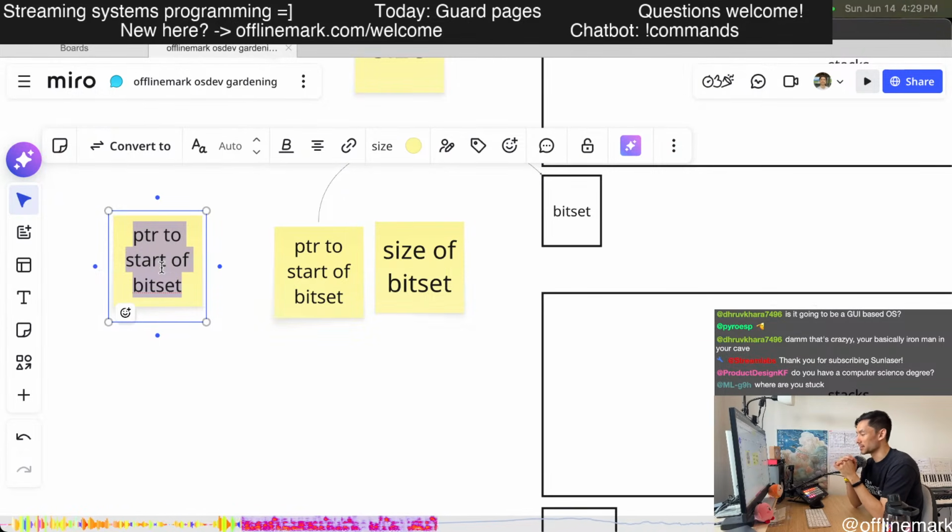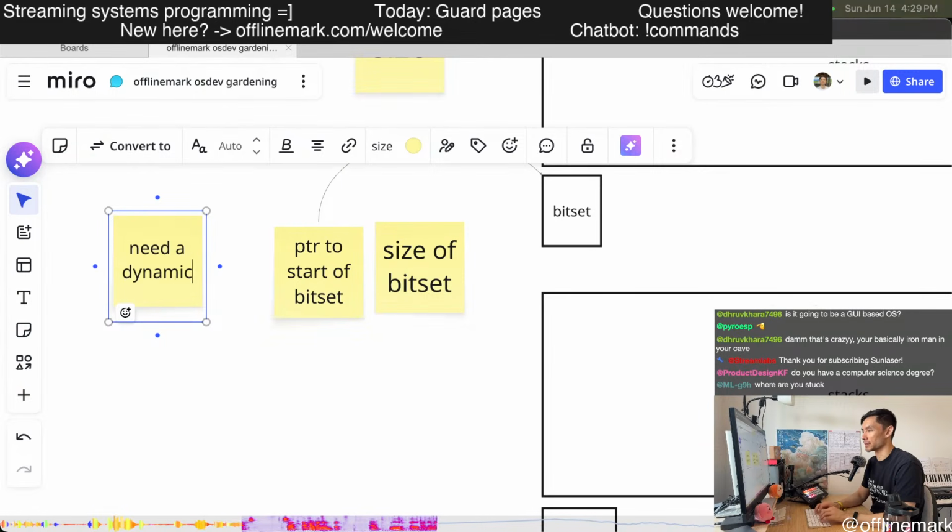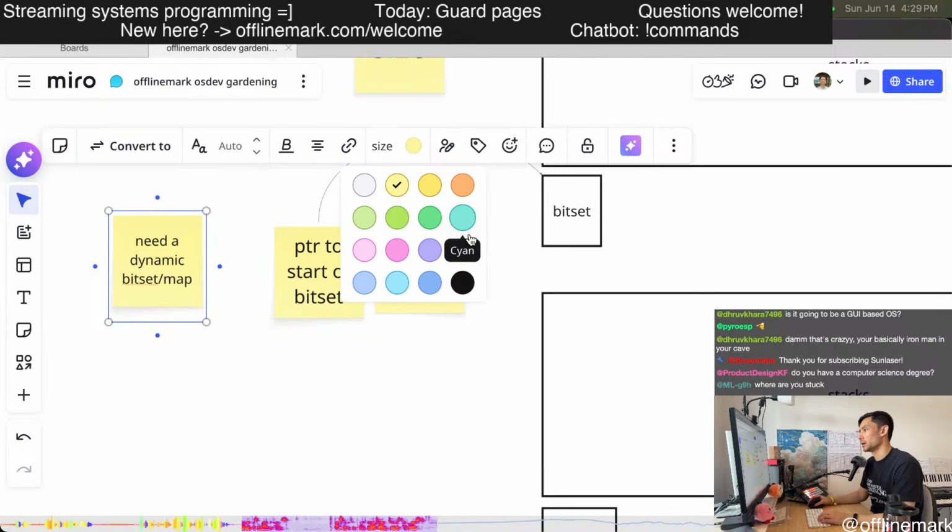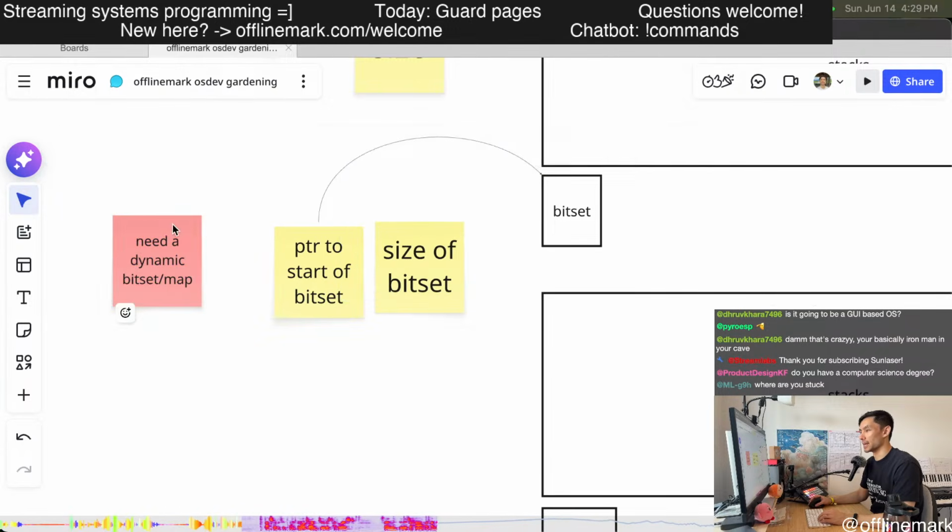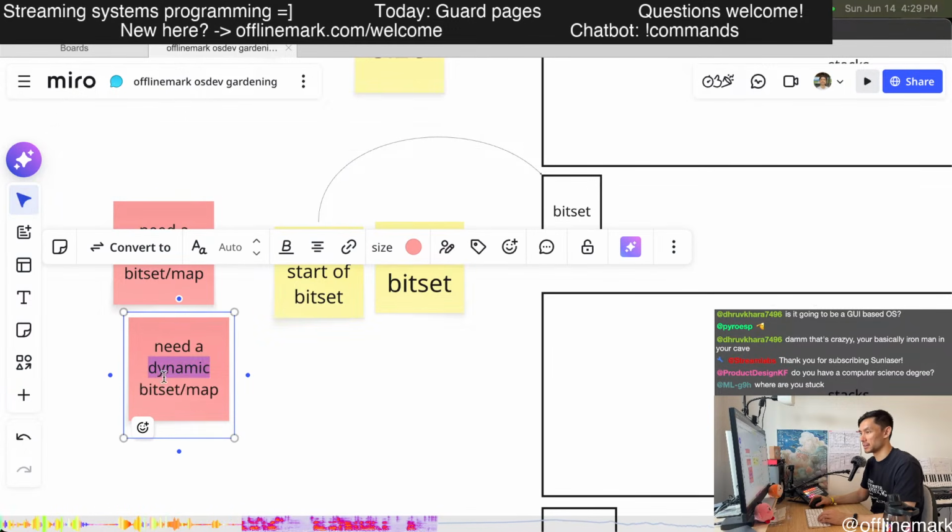The only bit set implementations I have are statically sized, where you need to pass a template parameter for the size. So I need a dynamic bit set. I'm going to make this red because that's really the key point. In order to do this type erased thing, you need to have a dynamic bitmap. I currently do not have one.